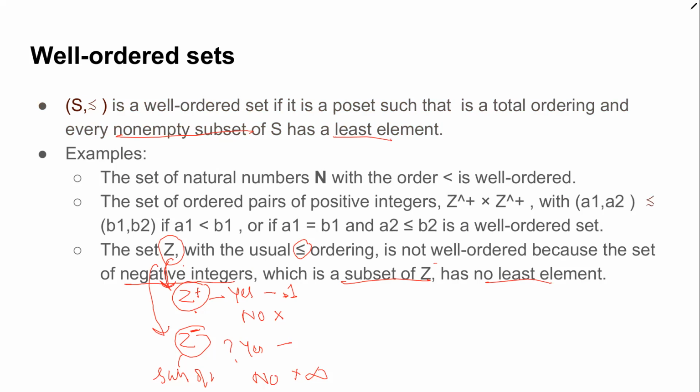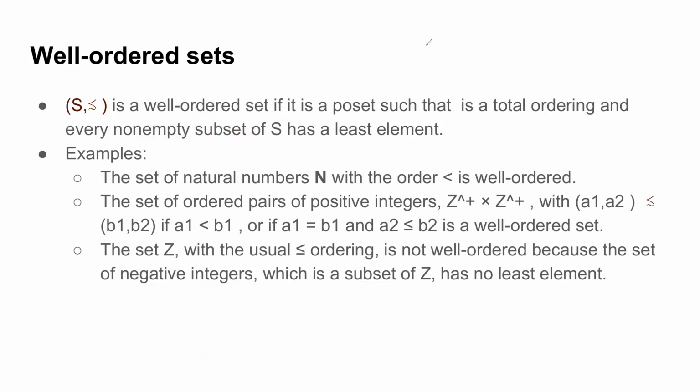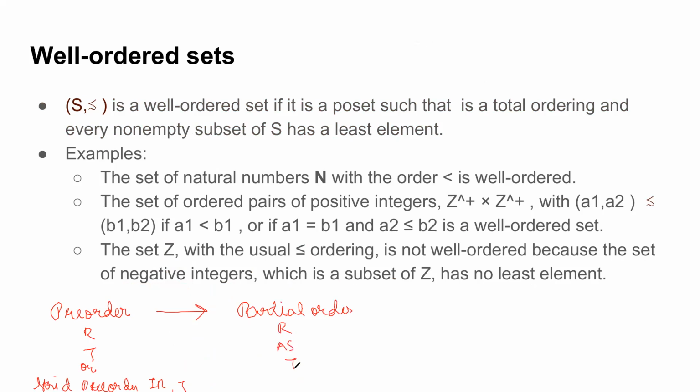Okay, I'll just quickly summarize it so that you have it clear. First we have a pre-order or quasi order, which is reflexive and transitive. And we have its strict version, strict pre-order, which is irreflexive and transitive. After that we have a partial order, which is reflexive, anti-symmetric, and transitive. And at the same place we can have an equivalence relation, which is reflexive, symmetric, and transitive.